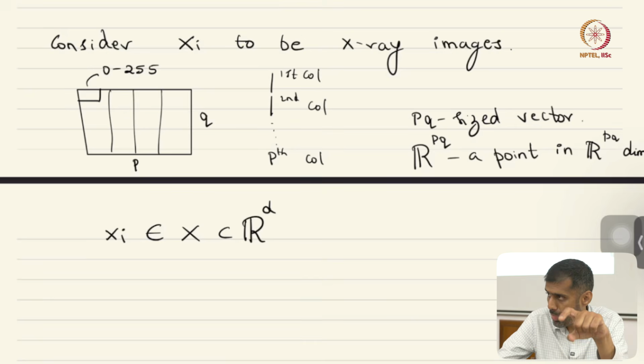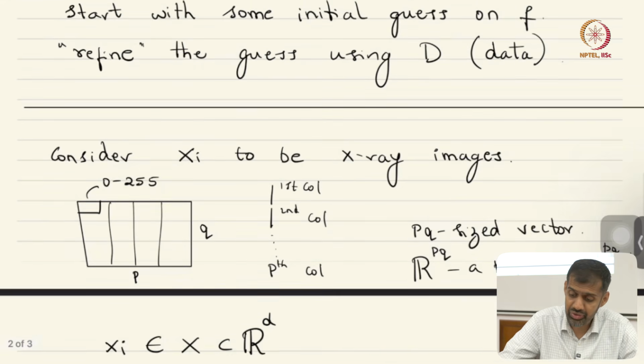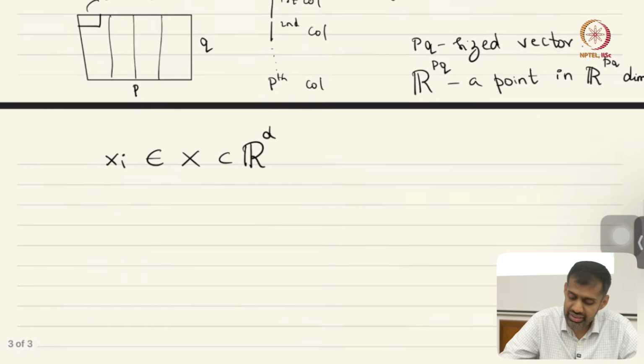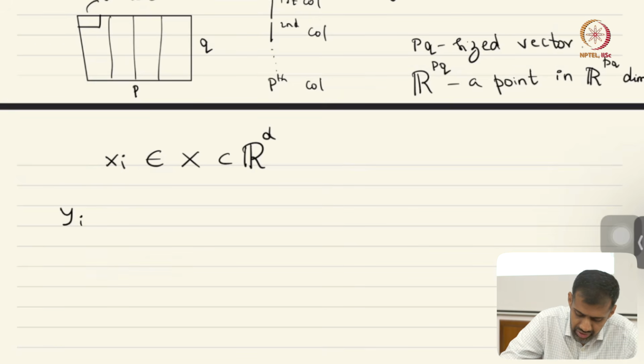An element in the set X, which is my input set, is a vector in a d dimensional real space. I am assuming that all the data that we have is real valued. Does that make sense? Okay. So we were looking at why we need a probabilistic viewpoint. Let's get back there. Now let's say that xi's are these d dimensional images that we have, and yi